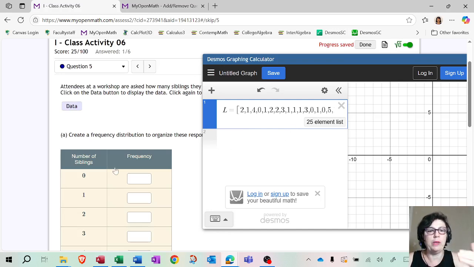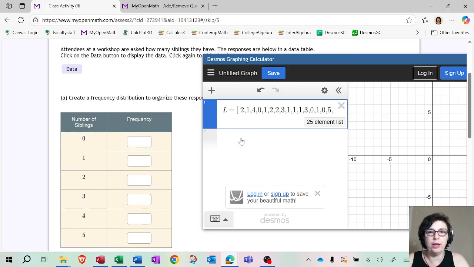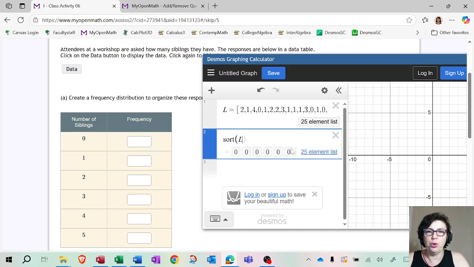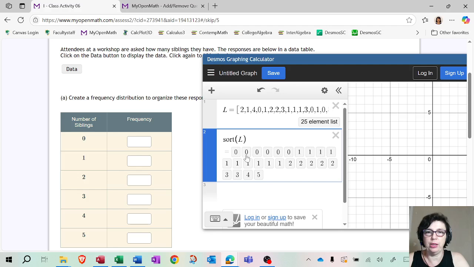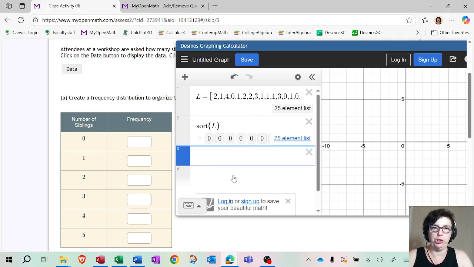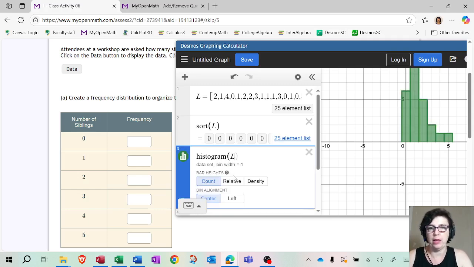Now we want to know how many times 0 happened, how many times 1 happened, and so on. One thing you can do is sort your list. You can click on it and then manually count how many you see. That could be one way. Another way is through a command called histogram. Because we're also going to have to analyze histograms and match which one's correct, it's good to know what a histogram is. So you're just going to say histogram and an L.